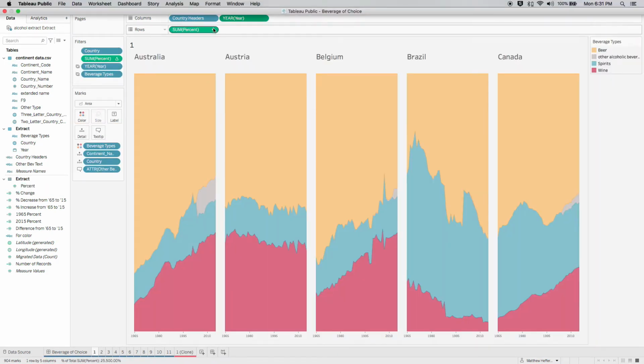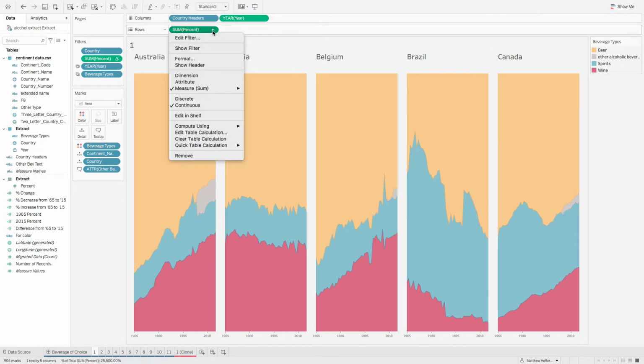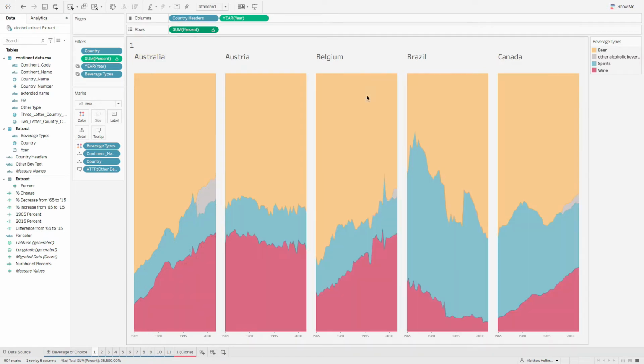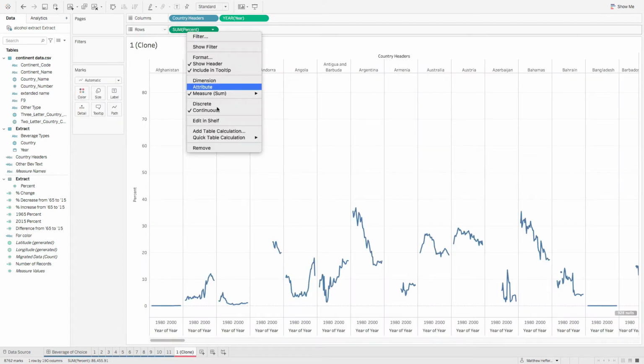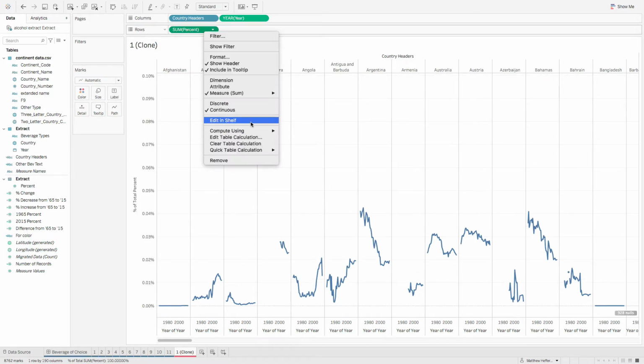and you can see when we went to 1, you have this little triangle. This is a table calculation. So let's go ahead and look at that. Let's hit edit table calculation. It looks like it's a percent of total using beverage types. So percent of total using beverage types. So we can right click ours. We can go table calculations, percent of total, and then we're going to say compute using